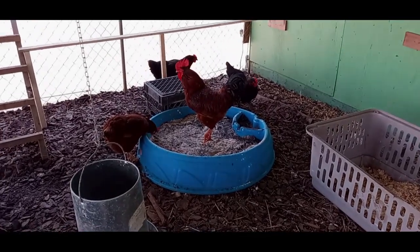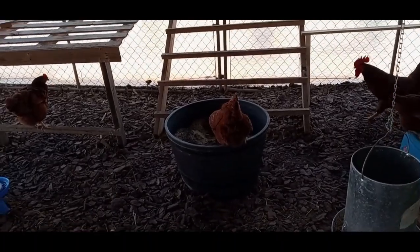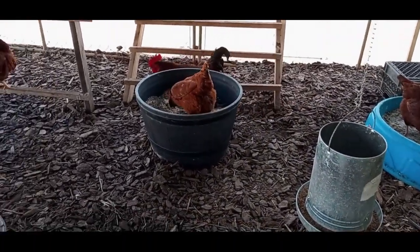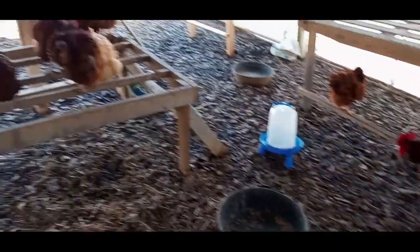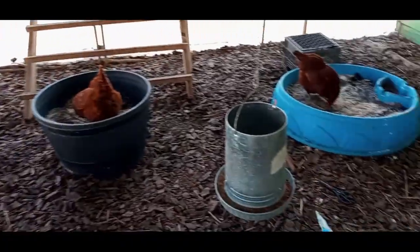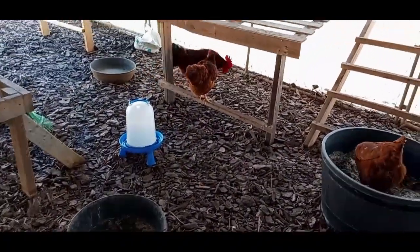That's okay though. It's a little cold. If I didn't have this plastic up and that wind was coming through here, oof. See, that's why I have to try to keep it nice and pooper scooped in here, because when it's cold and windy or nasty outside, they all just hang inside here. I mean, they do go outside every now and then, but